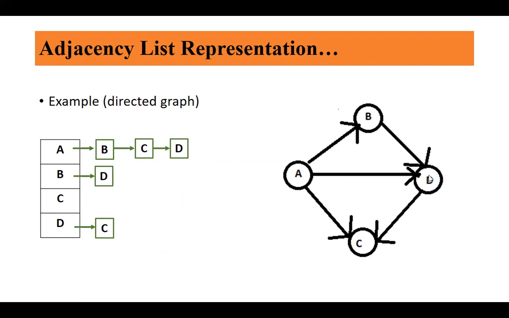So only D is there. From C there are no outgoing edges, so there are no nodes associated with it. In the case of D, you can move only to C, so C is attached.